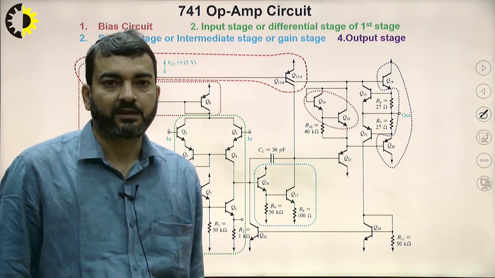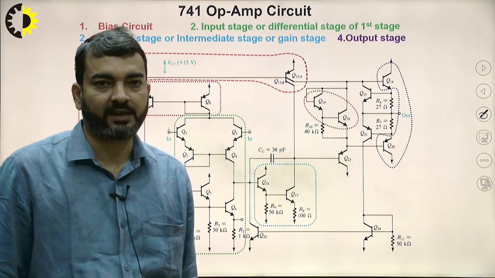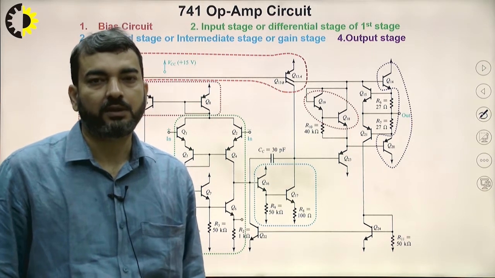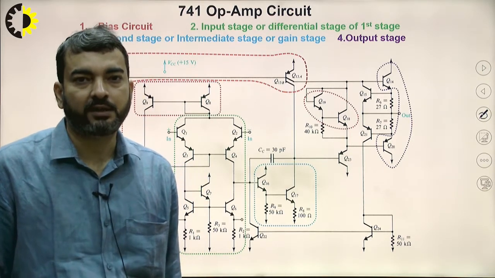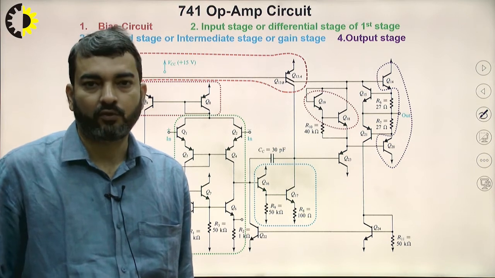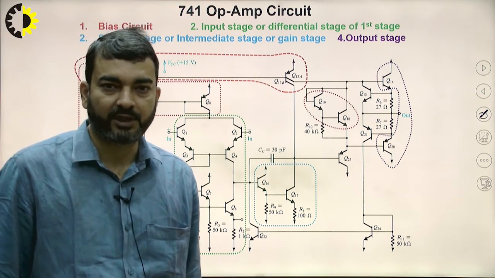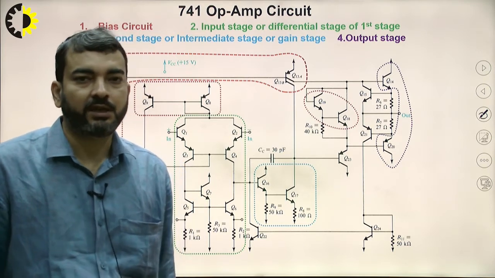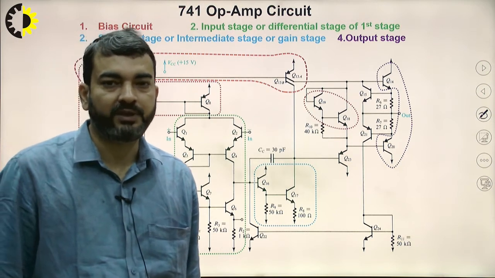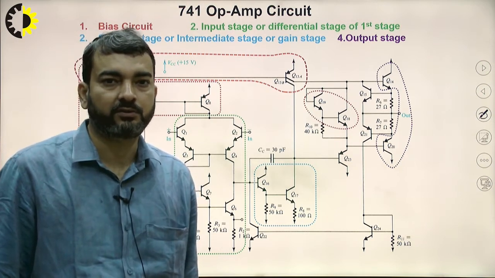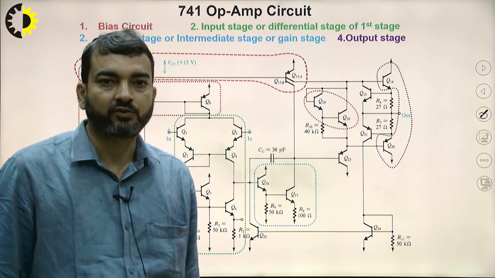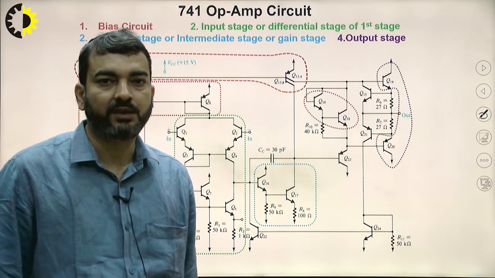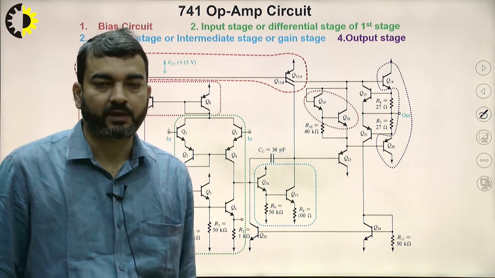So we will select all the stages one by one and then we will see what is the combined impact of all the stages, and then we will be able to calculate different parameters such as the overall gain of the op-amp, input impedance and actual output impedance. As we have seen, ideally the input impedance of an op-amp should be infinite, output impedance should be 0, and gain should be infinite. So we will see what the actual values are and how close these values are to their ideal values.